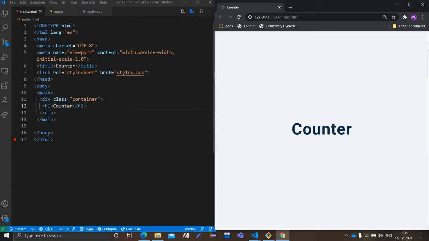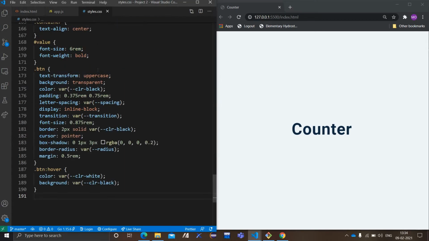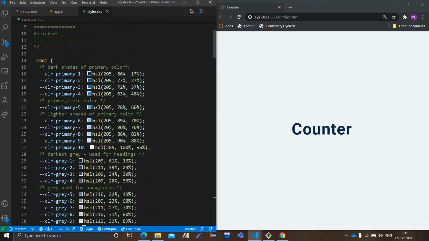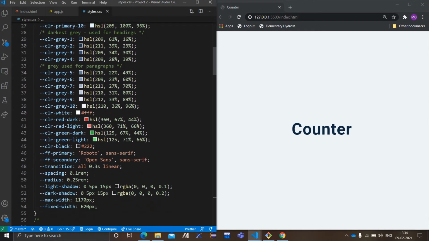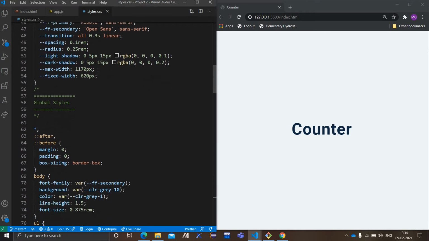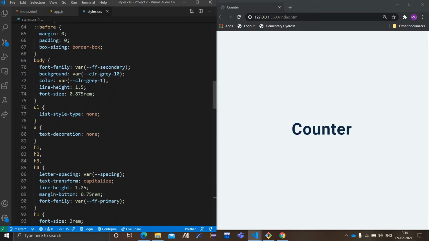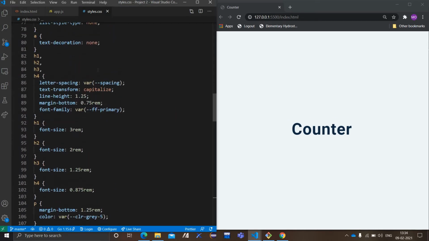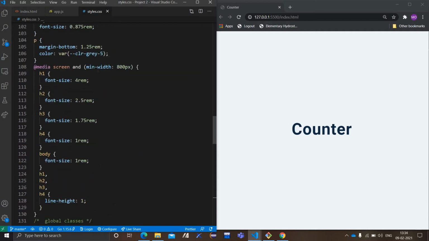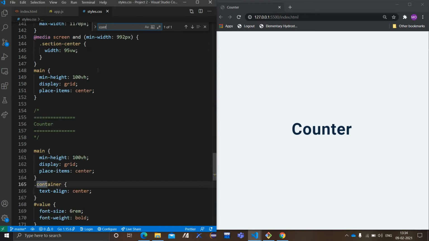Okay, in the center. Because I add all the CSS part of counter, these all are the color that I will be inputting in this code. Then body is align center. So container, let's do one thing, click on control F and write container. See, container part is there, text alignment center.